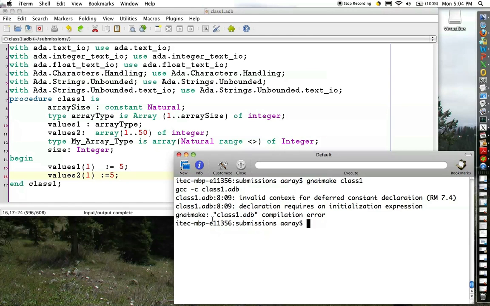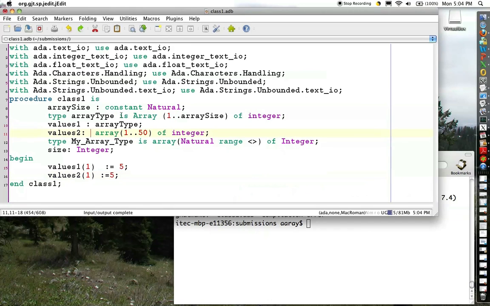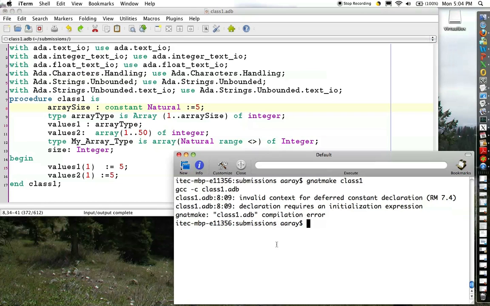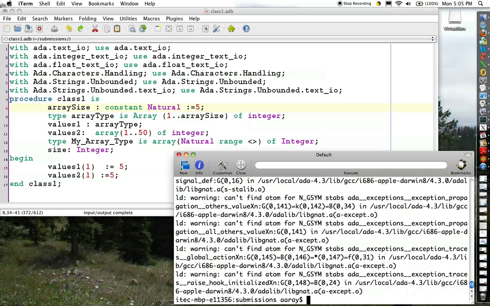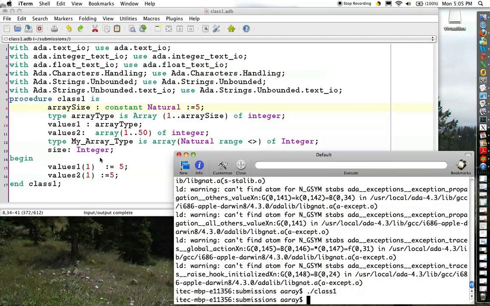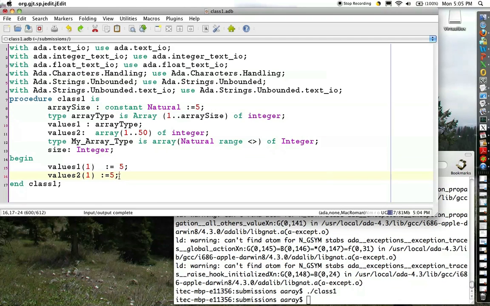And as we compile this, it helps if you accidentally have the right information for a constant. Sorry about that. And as we can see, both of these work, but the problem is values 2, very easy to declare. I just say it's an array of size 50 of integers. However, I can't pass this to a function because,